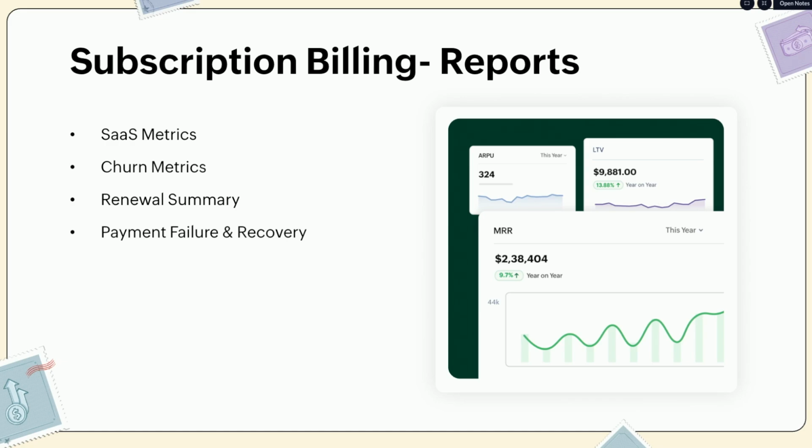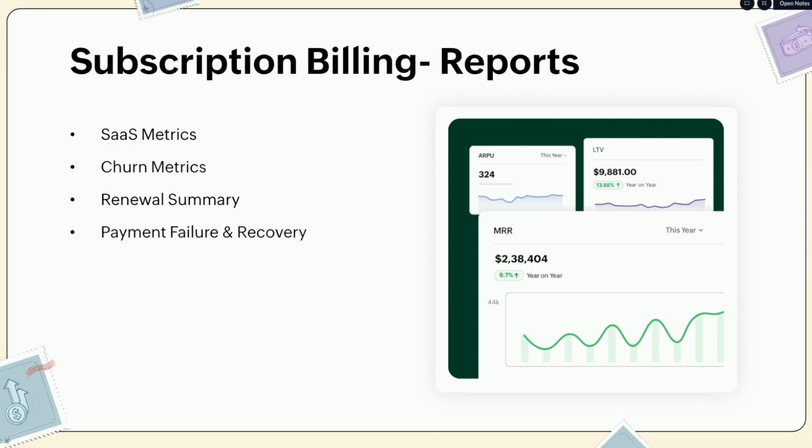You'll be able to get the renewal summary metrics. How many subscriptions are renewing this month? How many subscriptions have already been renewed, and what is the revenue for the renewals from this month. So you'll get a detailed split up of all the renewal information. You can also get the payment failure details and how many payments have failed after retry and how many payments have been recovered after the payment failure initially. So you'll get a detailed split up of all the subscription metrics within the system,